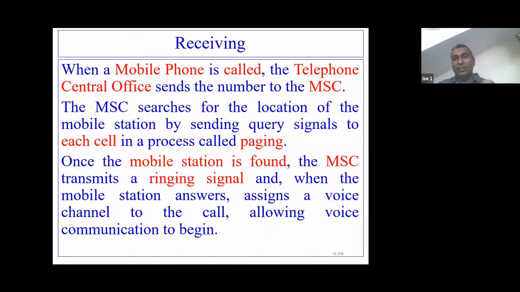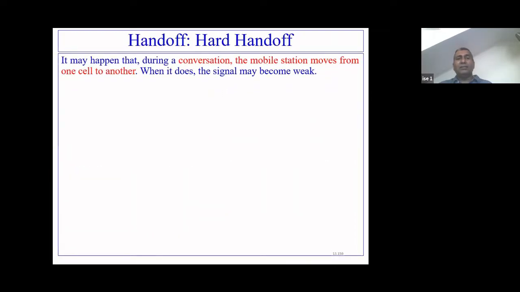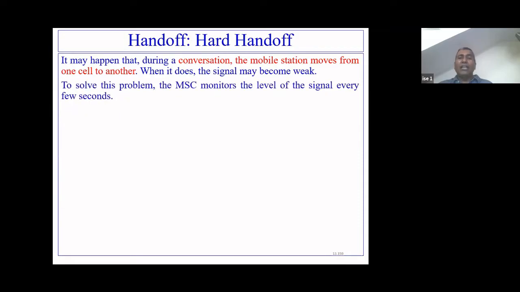And we have also in the previous slide seen mobile to telephone communication. Now, what happens if the mobile phone starts moving? You got the idea, starts moving. So here the scenario is, this mobile phone is there and it is present in a particular switch. It is present in a particular cell.